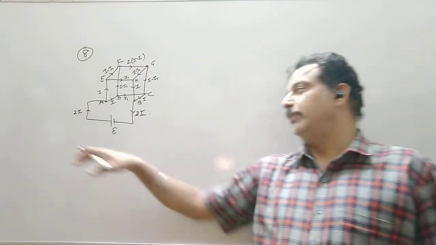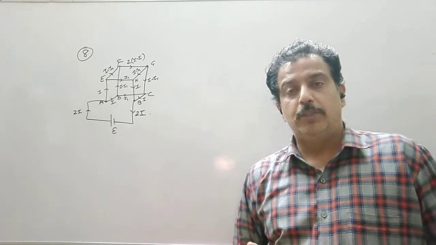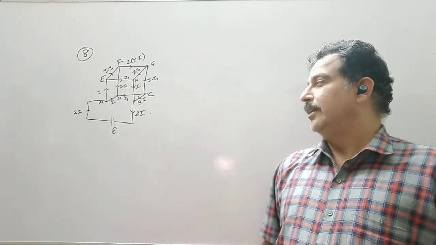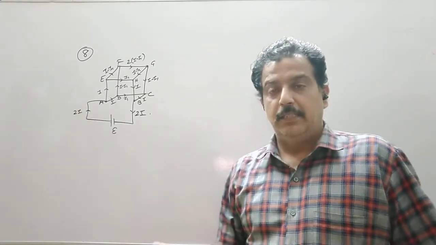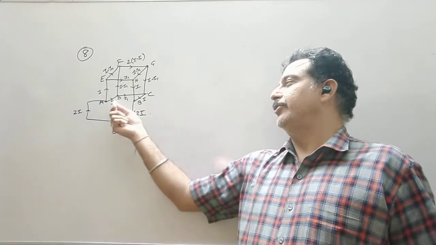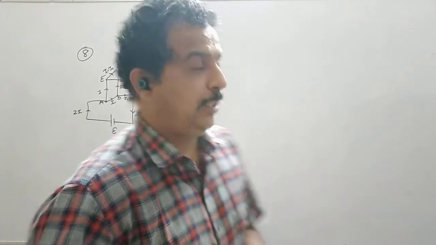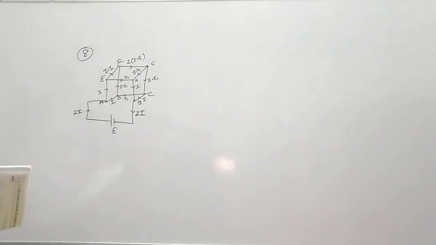So if the current input is 2I, the output should be 2I. Remember, the input current is as per our convenience. You can take the input current to be I, then you have to introduce a fraction I by 2, and so on. So to avoid the fraction, we take the input as per our convenience. So now we have two unknowns, I and I1.